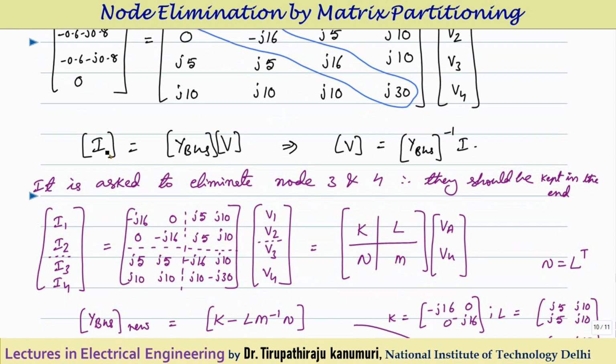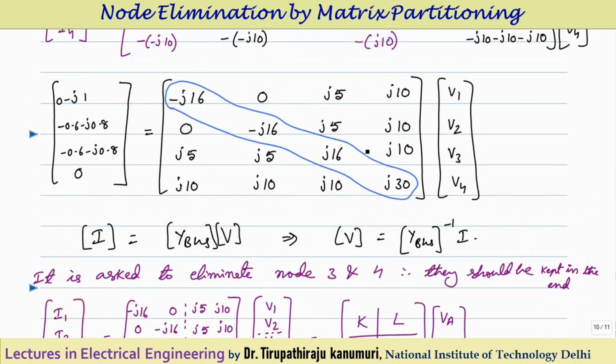So now I can write this in the form I is equal to Y bus multiplied by V. From this I can calculate my voltages V, because the currents are known, we have calculated them from there. In this example, voltages are not known. In yesterday's class, voltages were not known and currents were unknown, which we calculated. So in this example I am taking the inverse process, because this also comes in the exam sometimes.